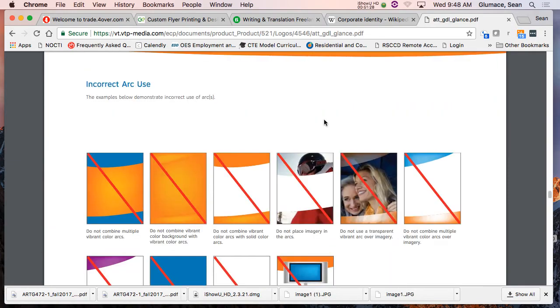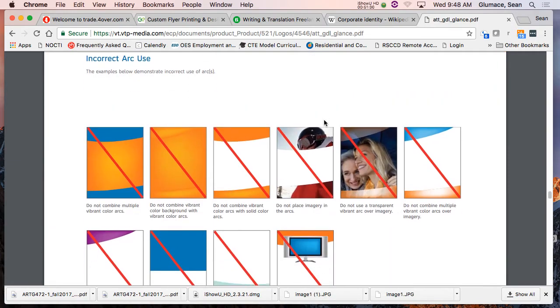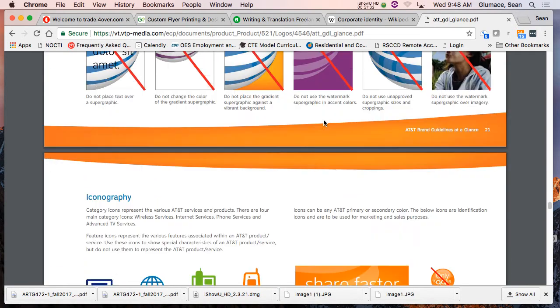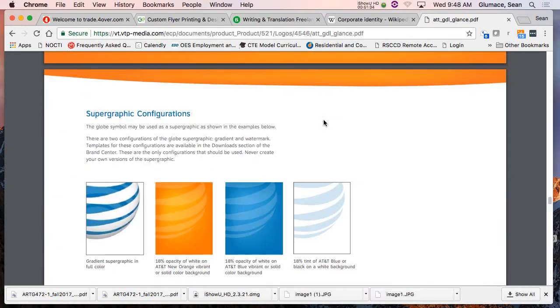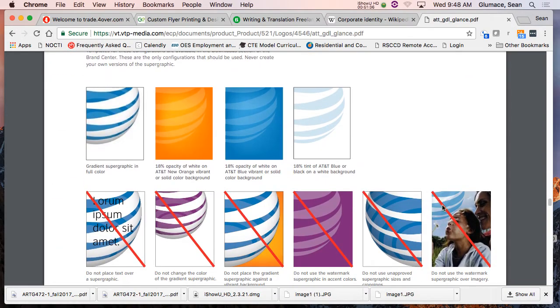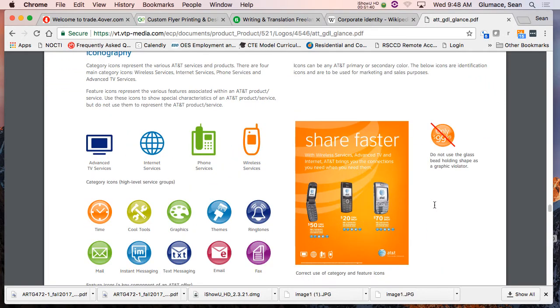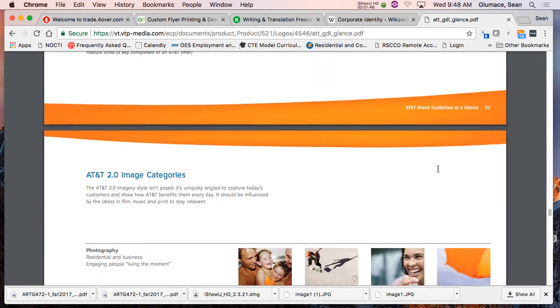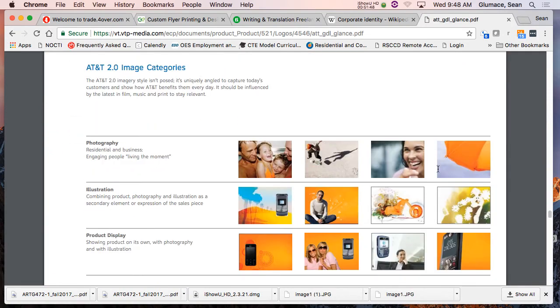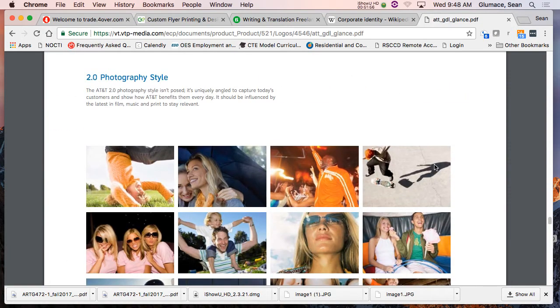Yeah, this one's like, how not to screw it up, as always. Like, don't do that. And there we go. Icons. They have their own icon system too. Don't use it as a graphic violator and things. And then they have their own photography. They have their own entire back catalog of photography stuff. So there you go.